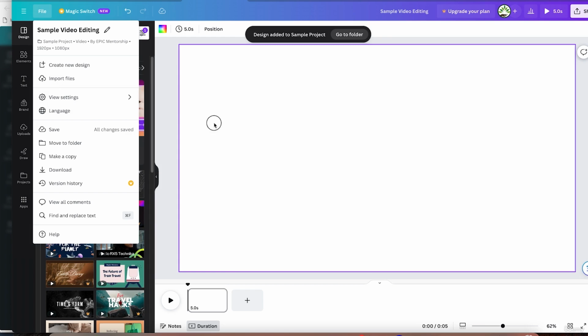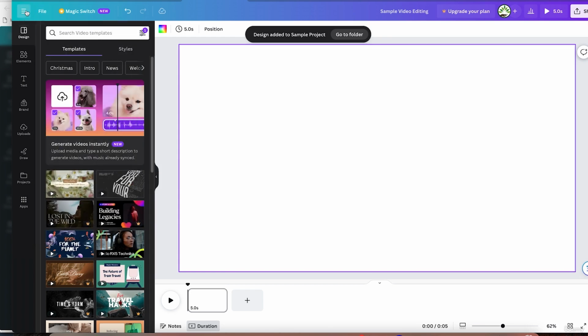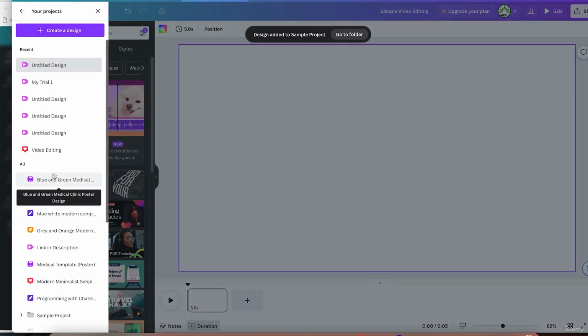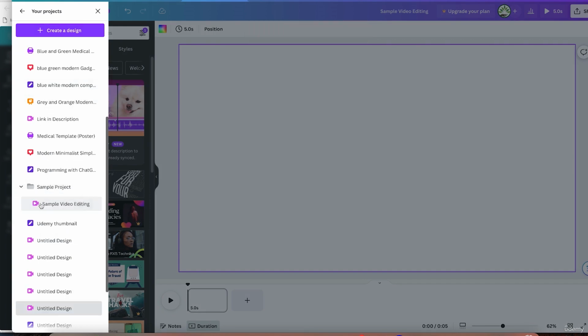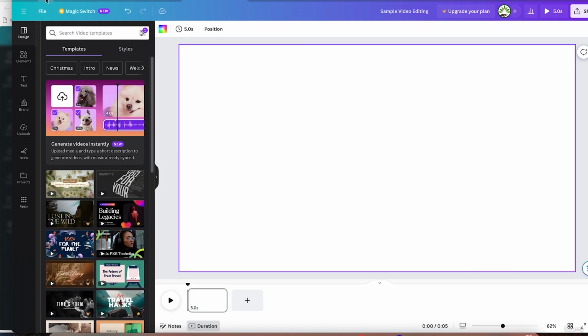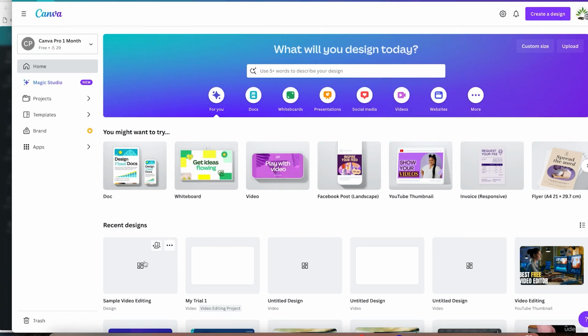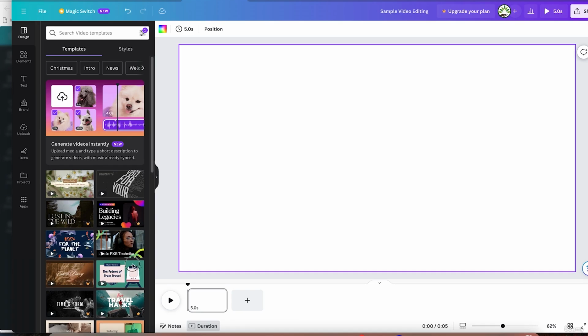Okay, so if you want to see this anytime, you can just come all the way to these three lines, come down here, and you can see sample project. Once you click on sample project, you'll be able to see the sample video editing that we've created. Alternatively, if you come back to the home tab, you'll be able to see sample video editing over here. So once you click, it's going to open up, and you come back to the same project,